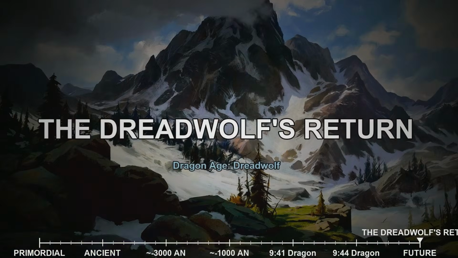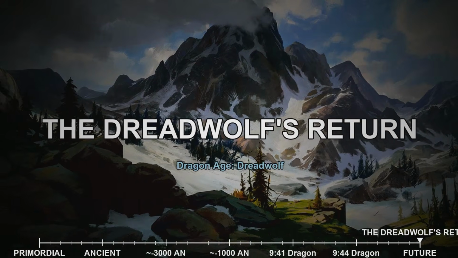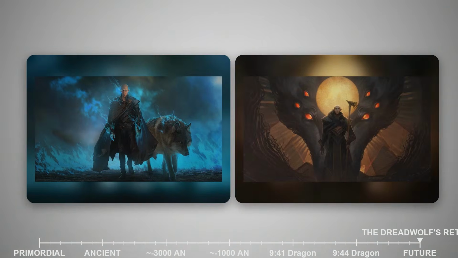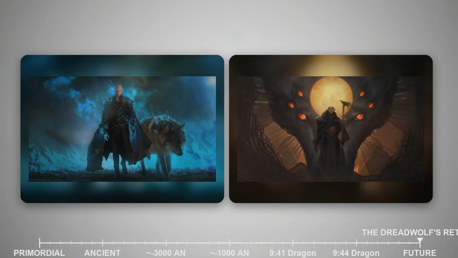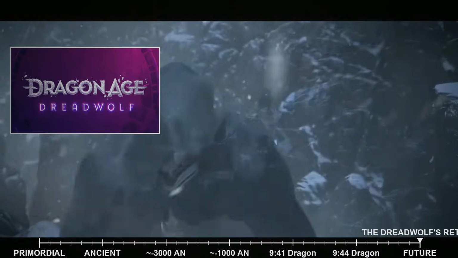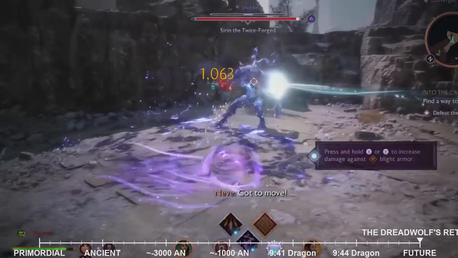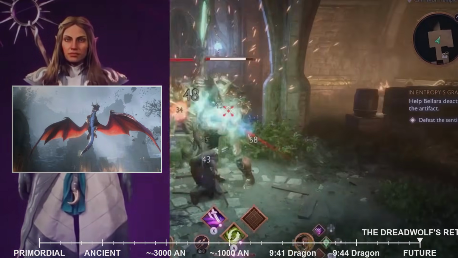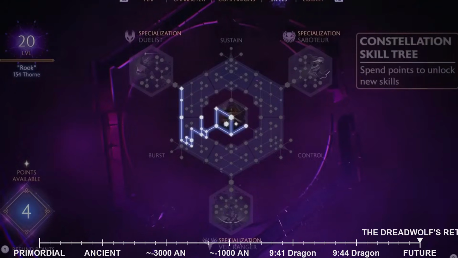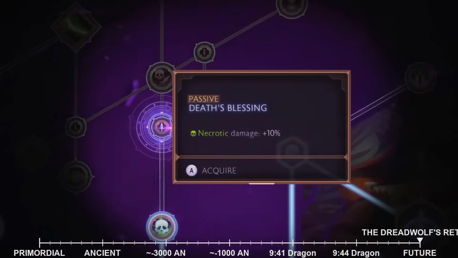And so we arrive at the precipice, the looming shadow that has been cast since the very first whispers of the Dreadwolf. Our journey through Thedas has been long and fraught with peril, but perhaps none so great as the one that awaits us in the upcoming ninth installment of the Dragon Age saga, currently known as Dragon Age: Dreadwolf. This narrative picks up directly after the events chronicled in the Dragon Age: Tevinter Nights short stories, firmly placing us in the post-944 Dragon era, a time of profound uncertainty and escalating tension across the continent.